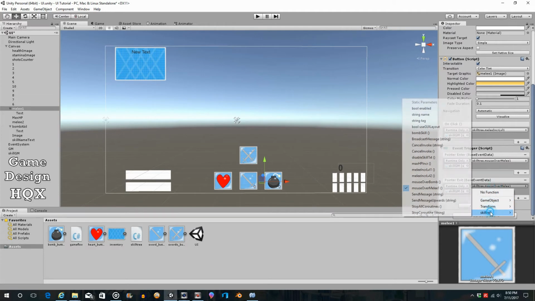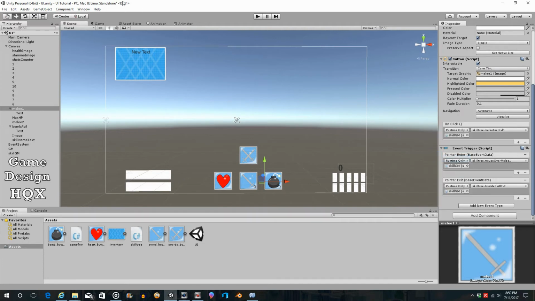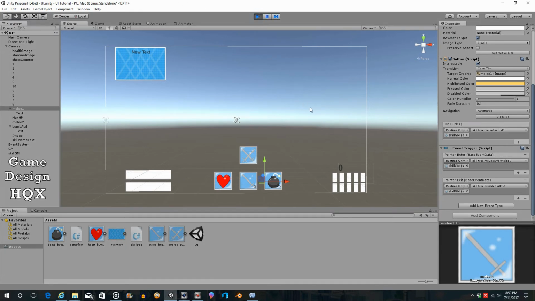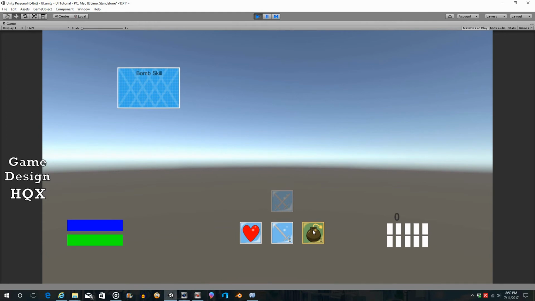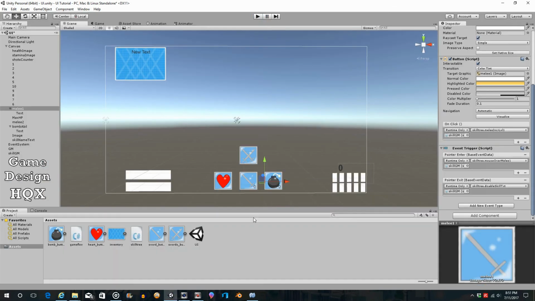And in that case, like I said, we're going to use the same disable skill text. So bomb skill shuts off, melee skill shuts off, bomb skill, melee skill. So if you want, I can do another one. At this point, it's pretty much rinse and repeat, but let's go ahead and we'll do